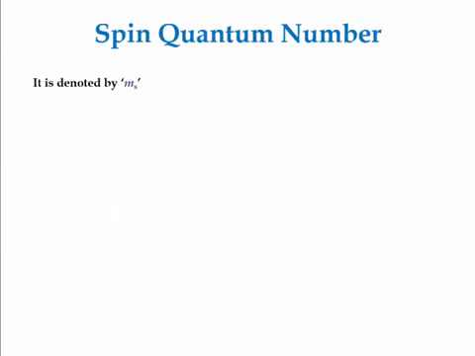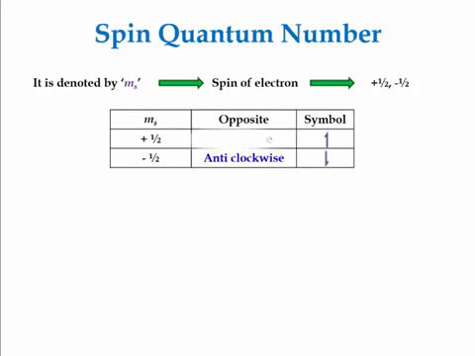Let us understand with the help of spin quantum number. It is denoted by the small letter ms and it describes the spin of an electron. It has the values +1/2 or -1/2. It indicates the spin of an electron. +1/2 stands for the electron is moving in the clockwise direction. As we know that the orbital is the place where electron spends most of its time, and in one orbital there can be 2 electrons. Now these 2 electrons will always have opposite spins.